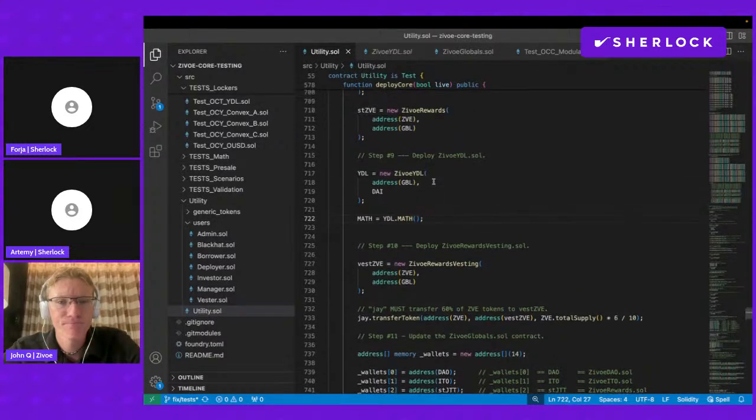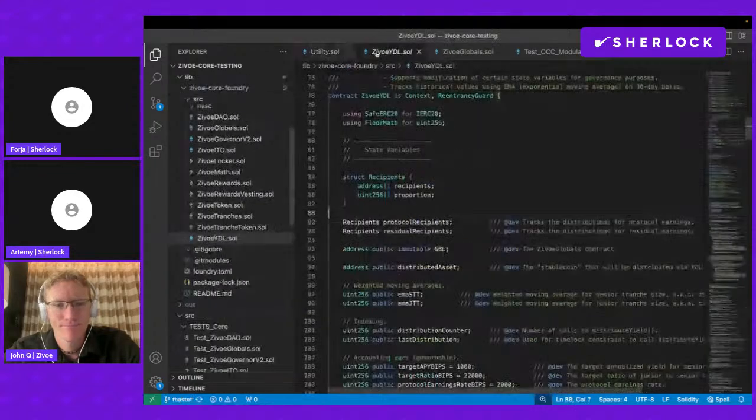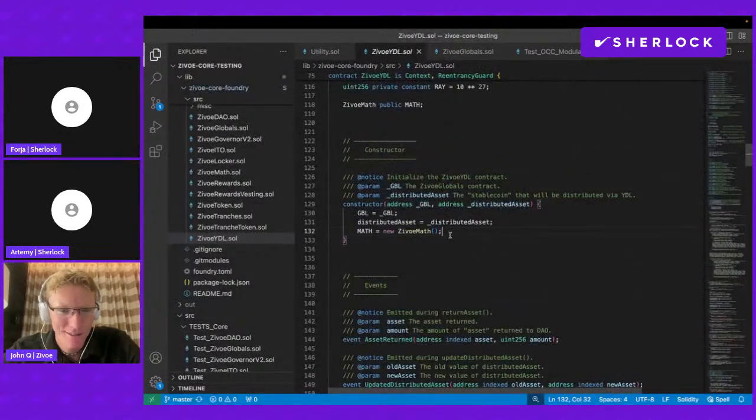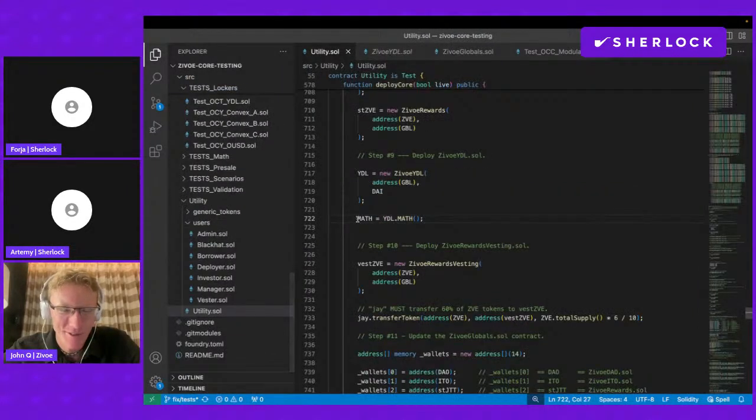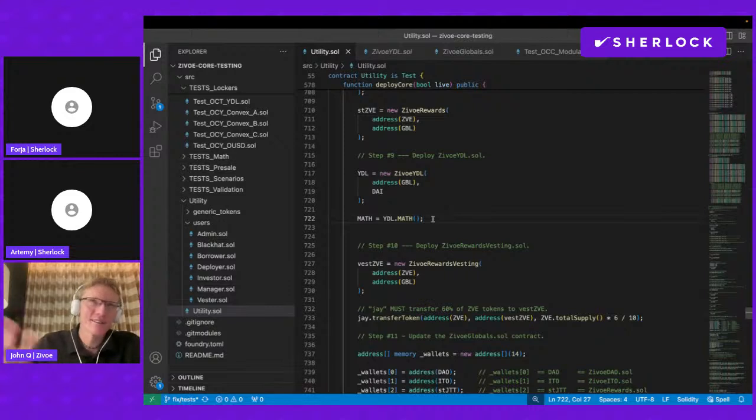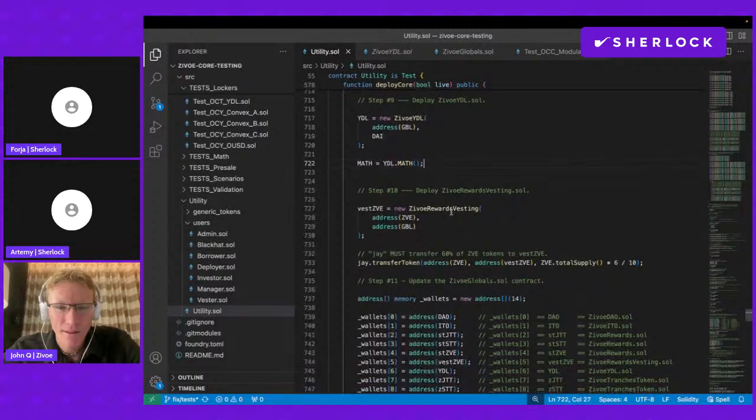setup function. So we deploy the Zivoe YDL, and we have a helper function called Zivoe math, which we then deploy for the YDL. Actually, sorry, in the constructor, we deploy that within the YDL. We just happen to reference it here because it's a separate contract, and we just needed to have a reference here. Then we have a vesting contract. So